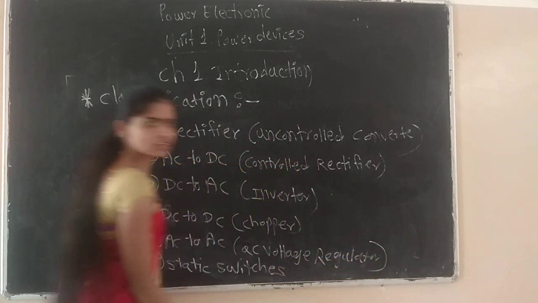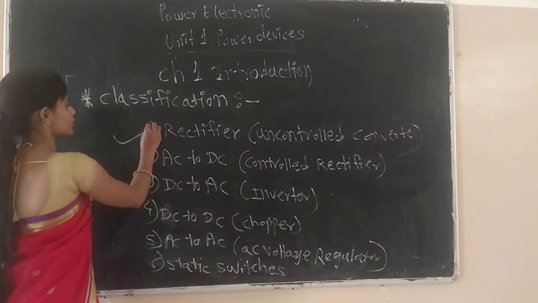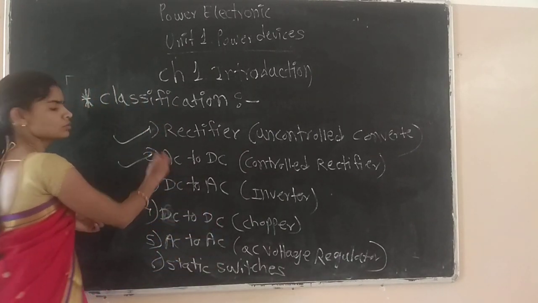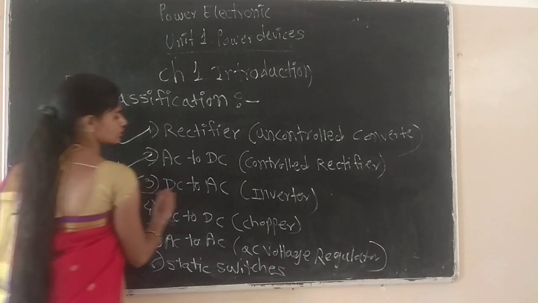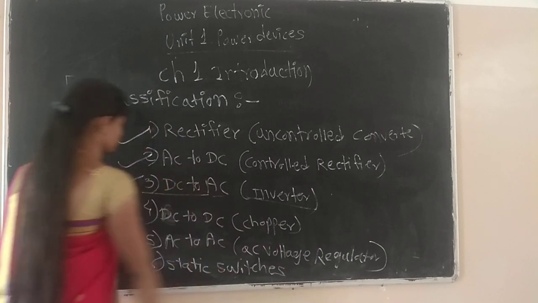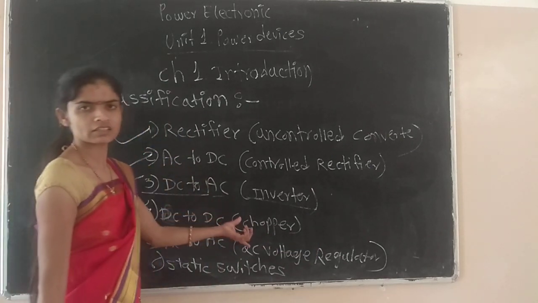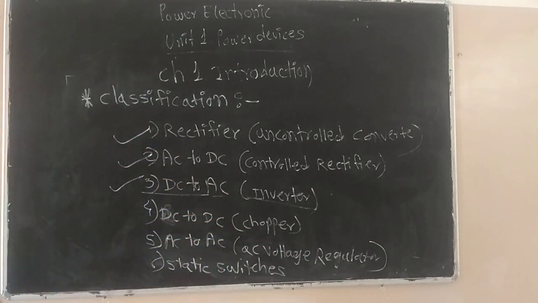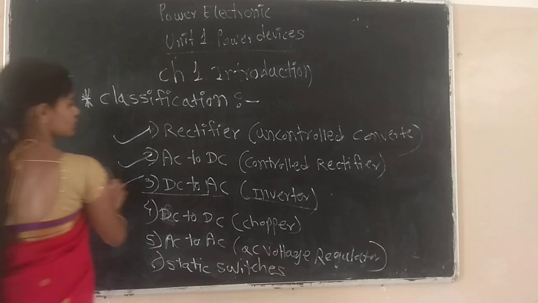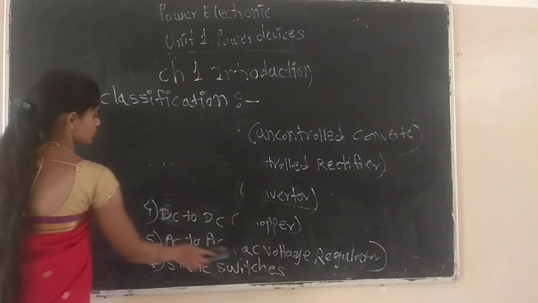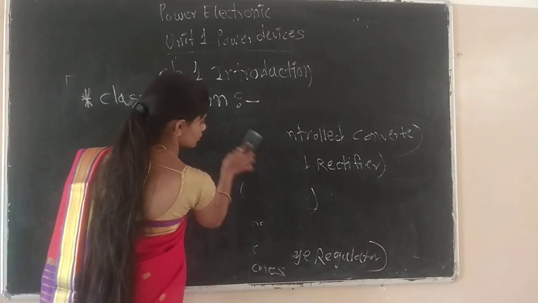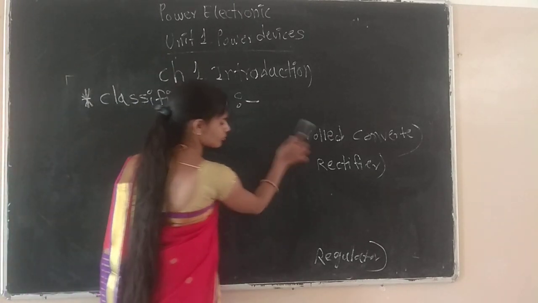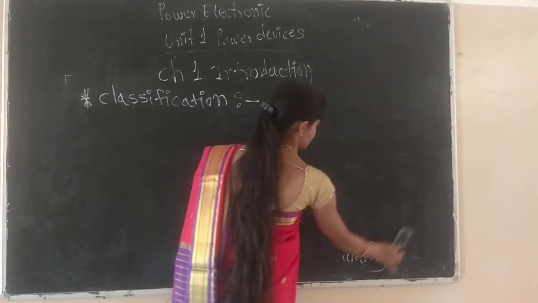And in the last lecture we saw the rectifier and AC to DC converter. Today we see the DC to AC converter. This is an inverter. And the DC to DC converter is the chopper. We see them one by one. The first one is the DC to AC converter. Direct current is converted into alternating current. This is called an inverter.